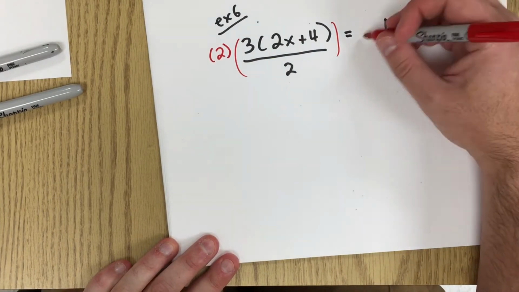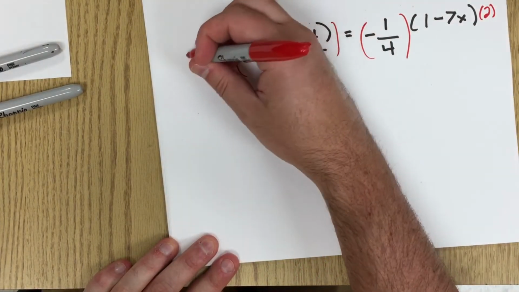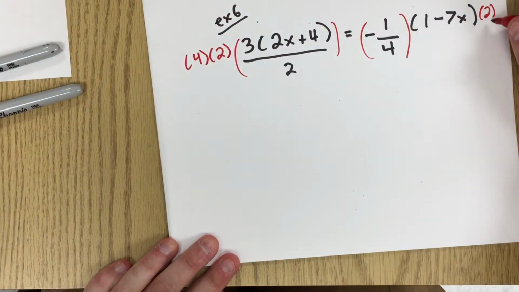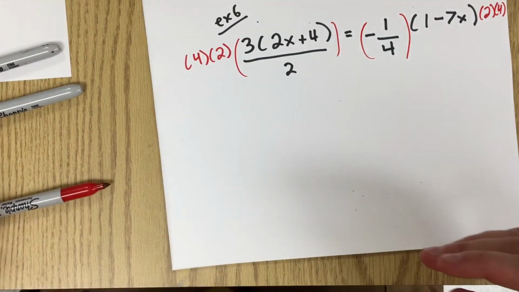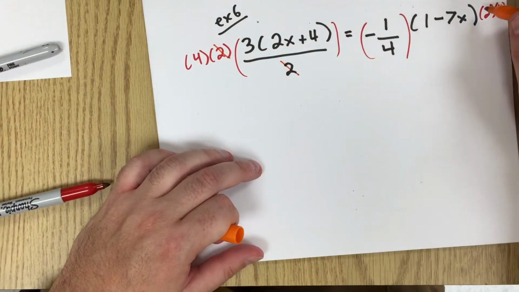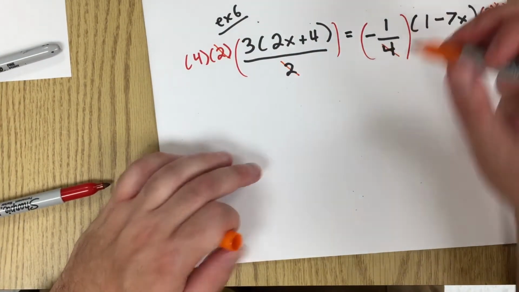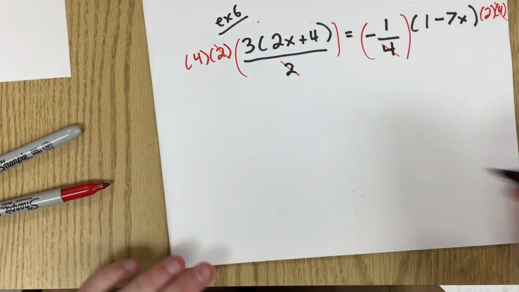But I'm going to multiply everything by 2, and I'm going to multiply everything by 4. Those are the numbers on the bottom. I need to start more to the left clearly on these papers. What cancels is the 2's cancel. Here, the 4's cancel. And we end up with